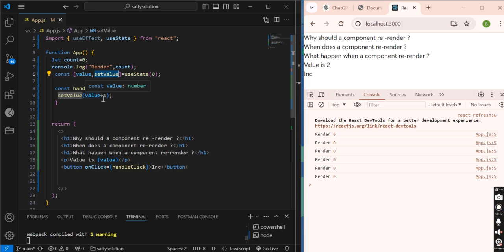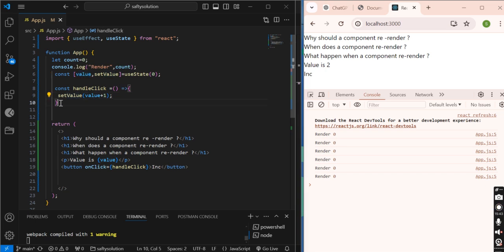What is it doing internally? As I told you, whenever this method is called React re-renders, but it does not re-render the component immediately. It remembers that, okay, I have passed value plus 1, so initially it will take 0 plus 1, which is 1. Now it remembers that whenever the component re-renders next time, I will have to set this value to 1.